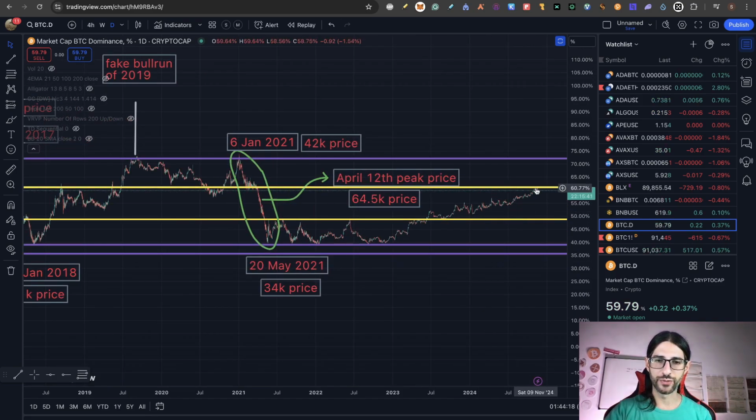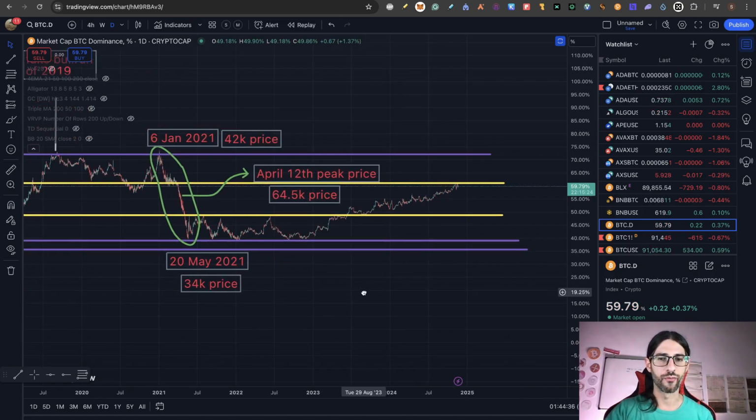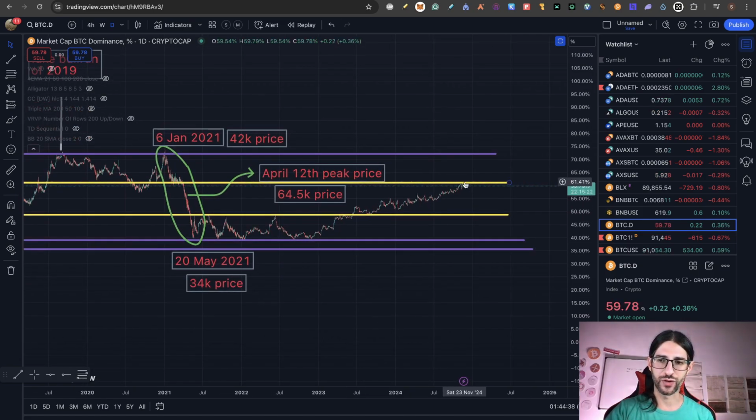Do I think that the Bitcoin dominance needs to go again into 70%? I don't know that, but it's what happened the last two times. These purple lines are marking the tops and bottoms of the Bitcoin dominance in the last two bull runs. So my expectation is that right now we are at 61%. My expectation is that Bitcoin continues rising until the 70%, but that is not guaranteed by any means.